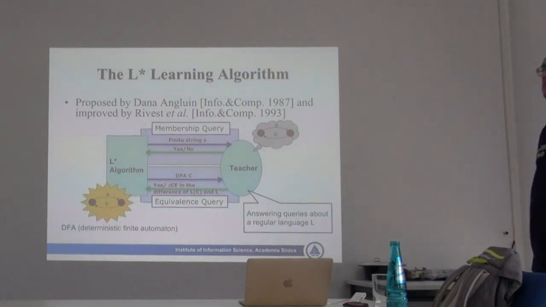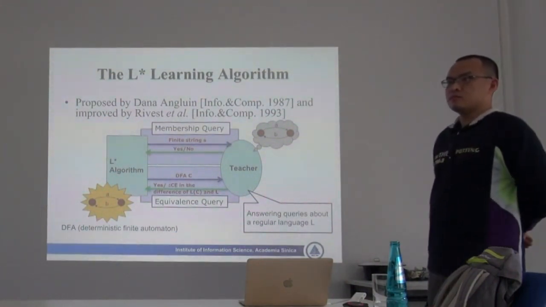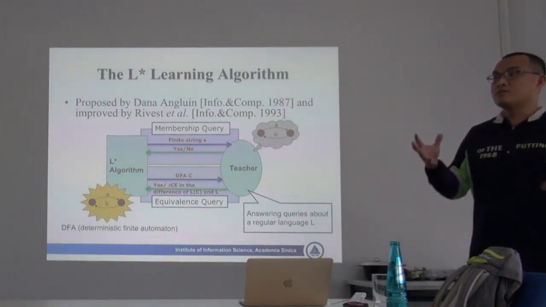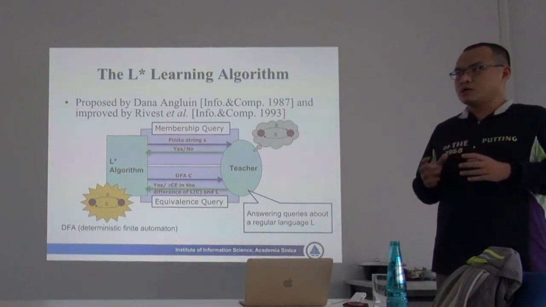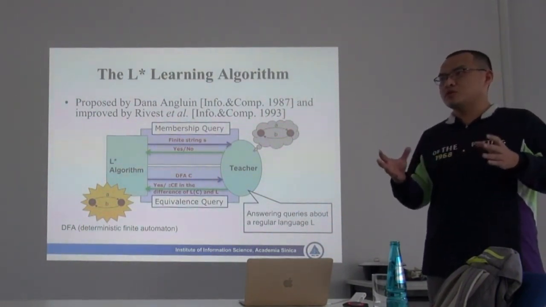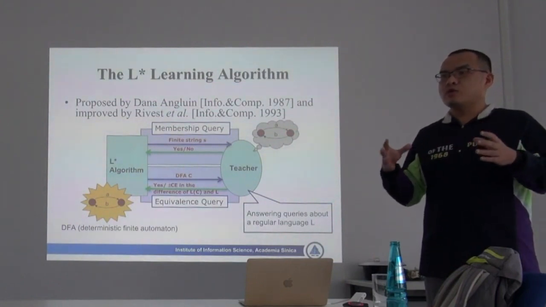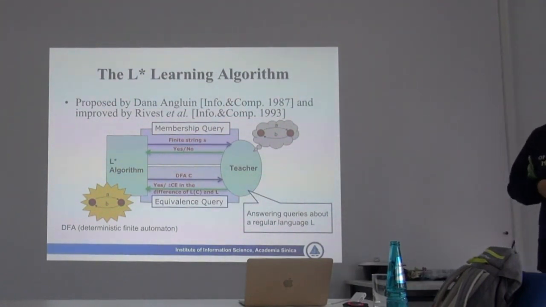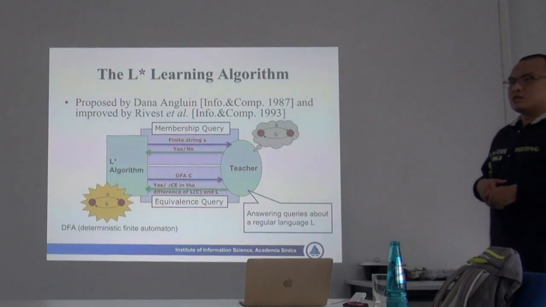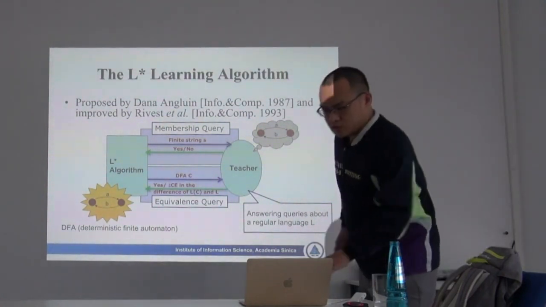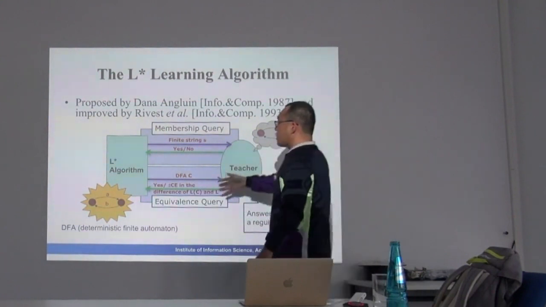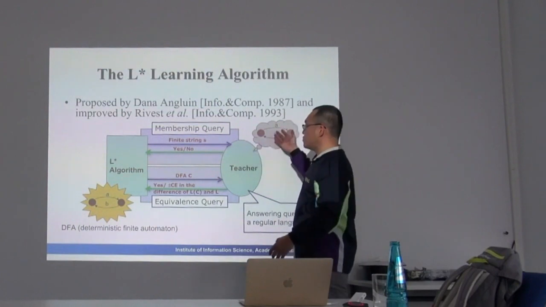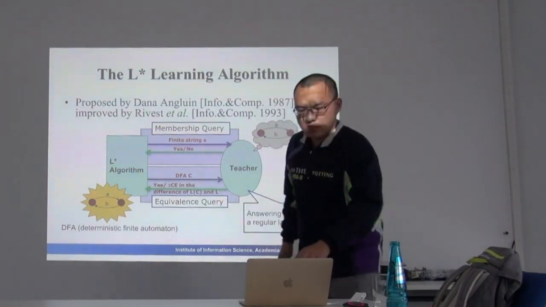And then the equivalence query is something like checking whether the machine learning algorithm equals the automata. Whether the black box machine, for example your car, whether this automata is a real model. It can be checked manually, or maybe you have some conformance testing or some kind of statistical testing. I should explain that part later. So, given a teacher like this, the algorithm is guaranteed to learn a model that's equivalent to what the teacher has in mind. That's what the algorithm can do.